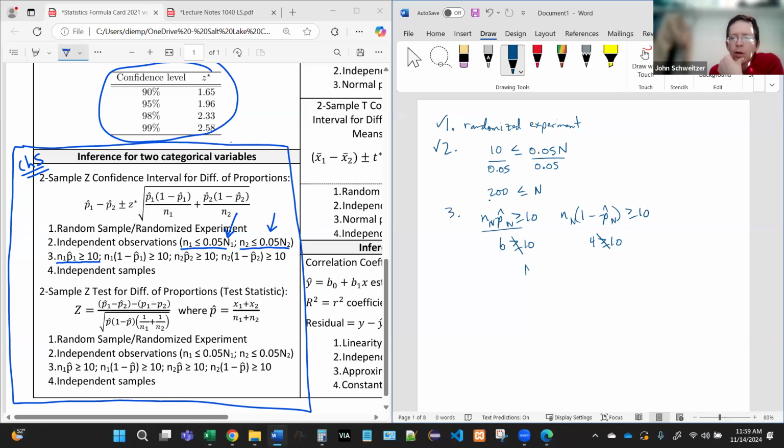Okay, so the conditions here have not been met. The samples are too small. That's why that interval was so wide, right? I mean, it had a margin of error of like 30%. Okay, and so it's a flawed study. They really need to have more penguins in this study for us to be able to get a solid inference.